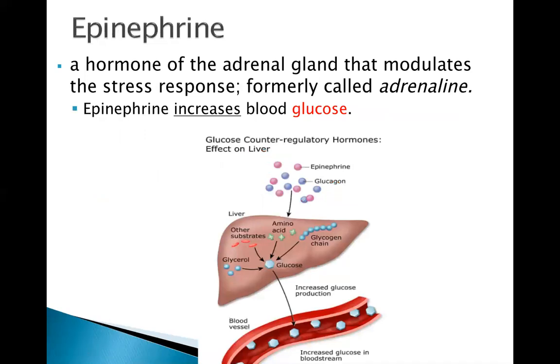Epinephrine is a third hormone that is involved in blood sugar regulation. However, the primary hormones are insulin and glucagon. But epinephrine is considered our fight or flight hormone, and it's otherwise known as adrenaline. In a situation where we literally did have to fight or flee, meaning run away or fight, we would want as much glucose available to our cells as possible. So epinephrine works to increase blood glucose. This way, glucose can be used for energy, and glucose can be used by our muscle cells.